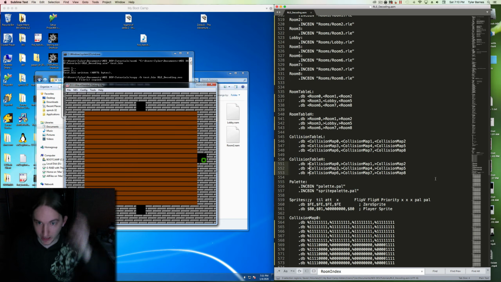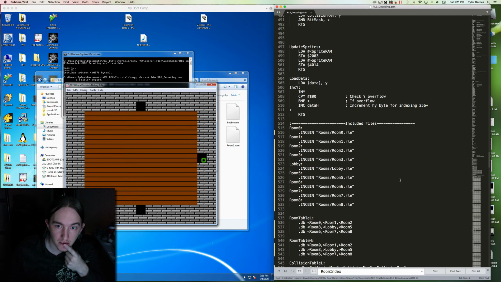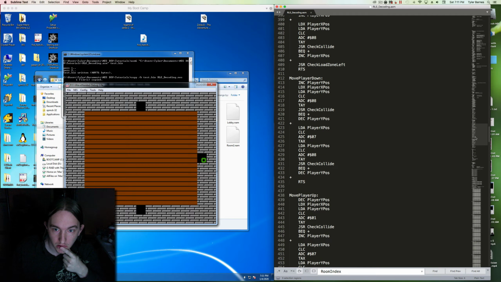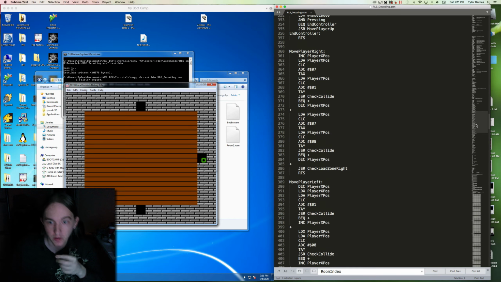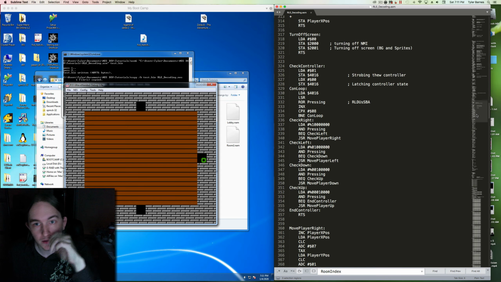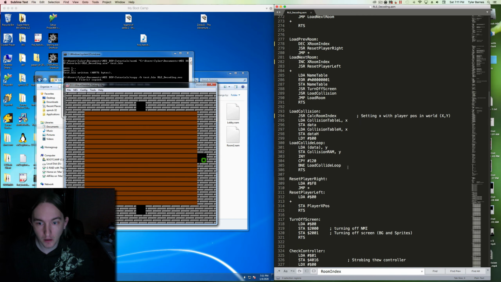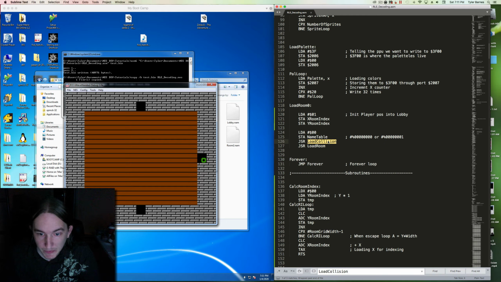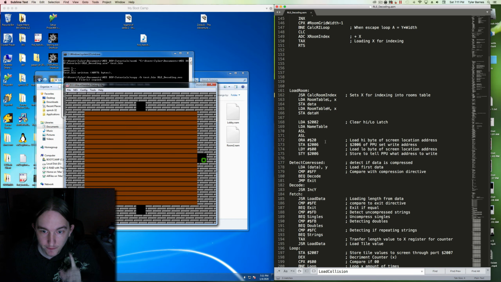Okay, so now we can do the same with the index. Where are we loading collision? Let's find out where we're loading the collision real quick. Load collision. Okay, so load collision. That is its own function,